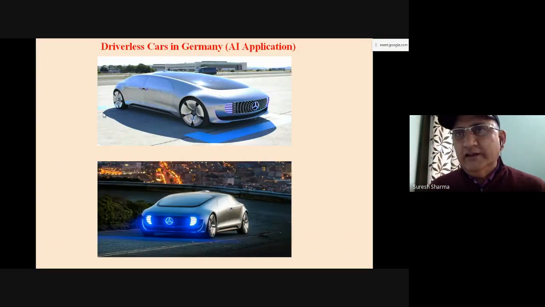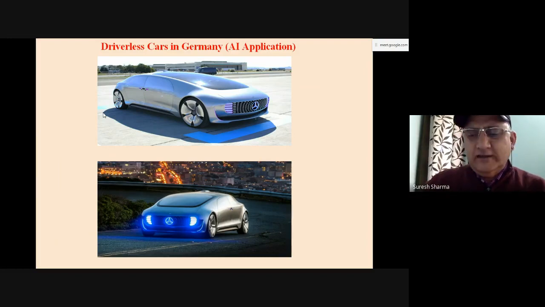And because of this artificial intelligence, which includes, in fact, deep learning, machine learning, and the statistics and mathematical techniques, see, in Germany, 2,000 driverless cars are running on the road. There is no driver, it's driverless, right? People just have to call, like we call Uber and Ola. They call these cars, they will come to your place. Then you sit in the car, you feed your address, right? Where do you want to go? And they will take you by the shortest route. And if there is any congestion or a speed problem, then they will take you by the shortest route, right? So 2,000, in fact, last year in 2019, I was in Germany, and we